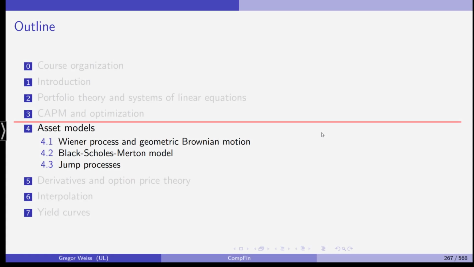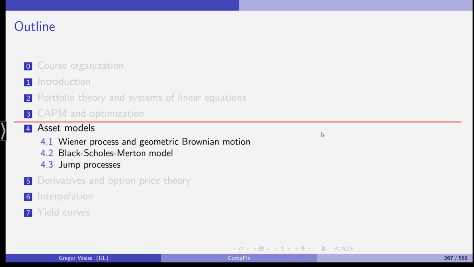Hello and welcome back to our class on computational finance. We are now at chapter 4, asset models, in which I will try to give you an overview of the most important asset models, stochastic processes used to model asset prices. We'll start with a very basic Wiener process and then move on to the geometric Brownian motion. I will show you how these models are used in the Black-Scholes model, and then in the end, in chapter